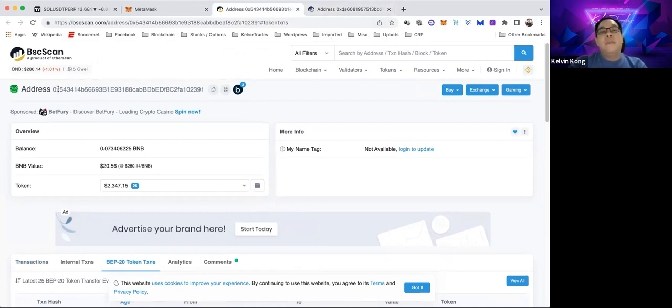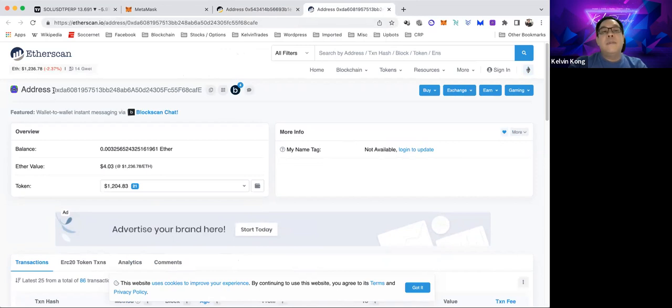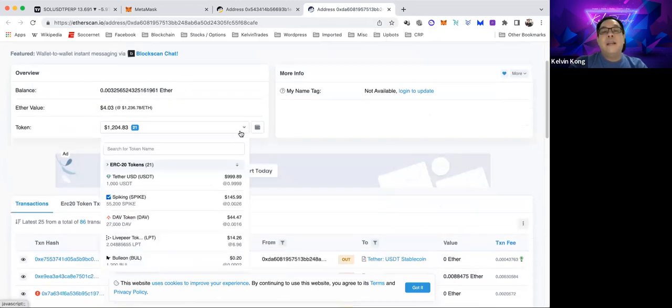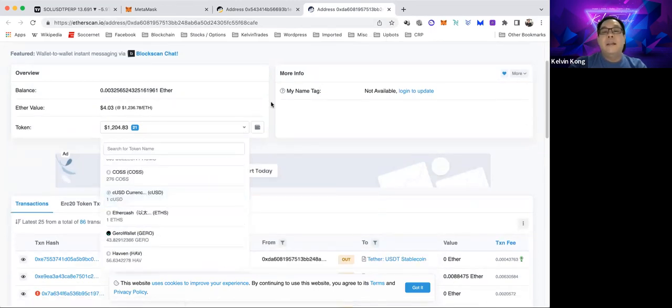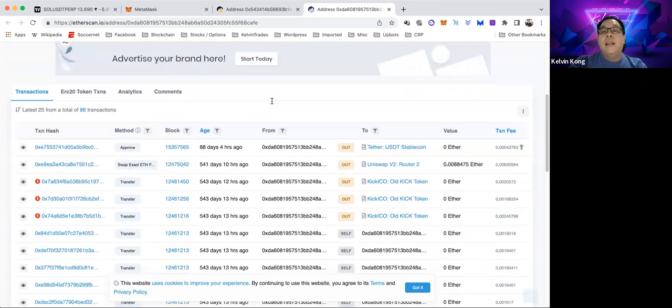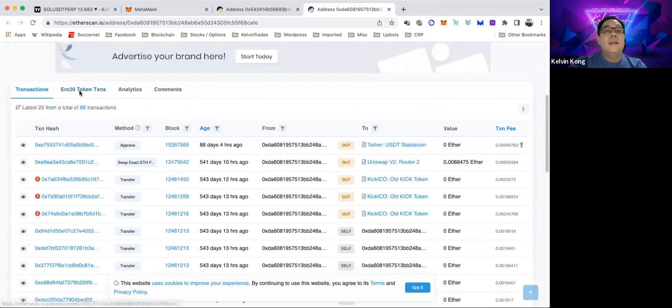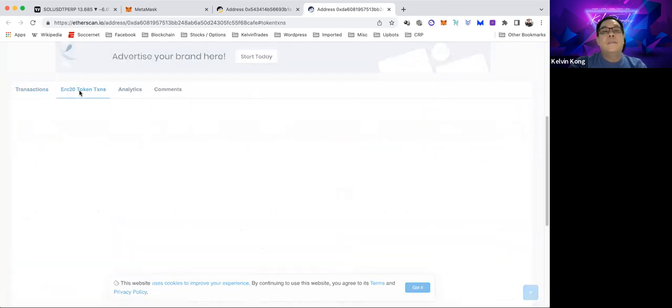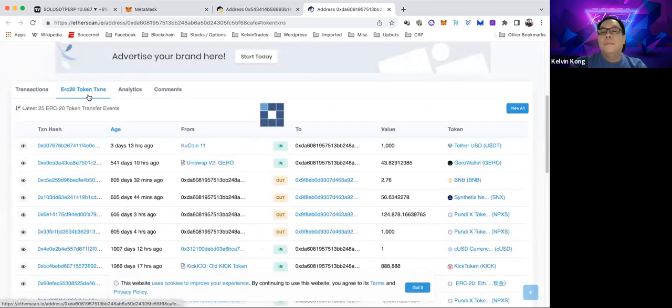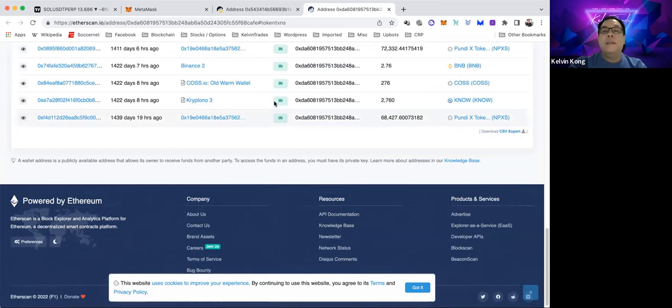This is my Binance Smart Chain wallet address. This is the Ethereum blockchain. This is my Ethereum blockchain wallet. This is what I have inside currently. These are the transactions that have taken place since